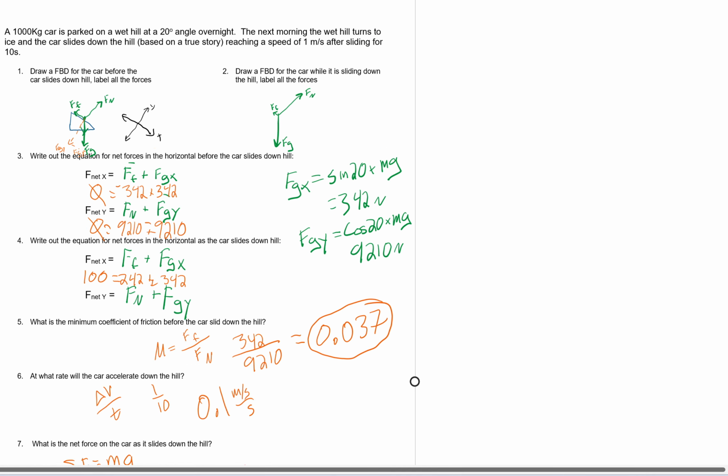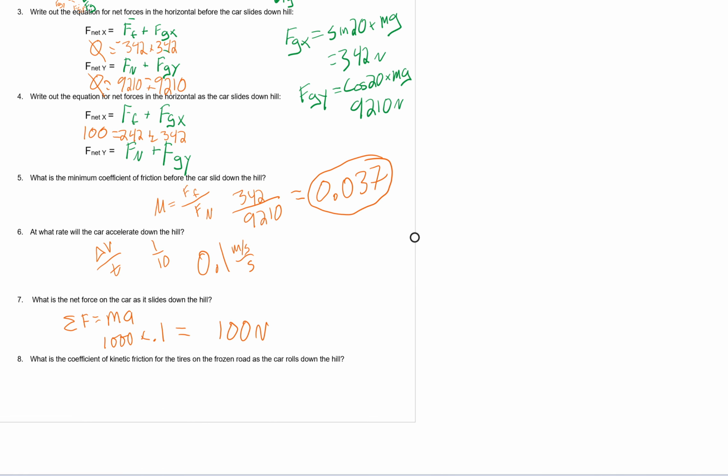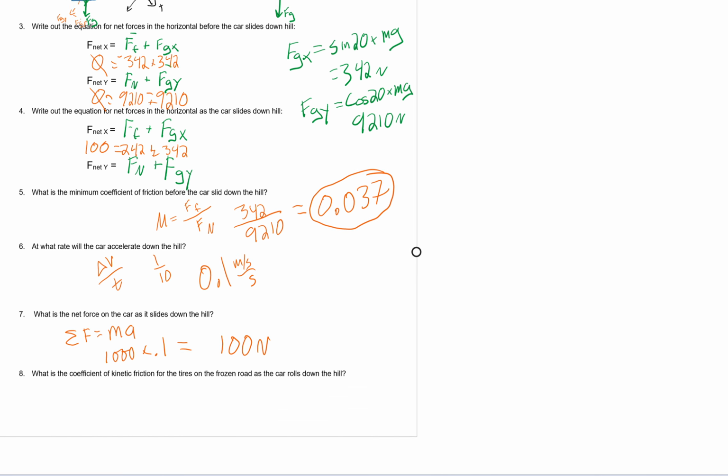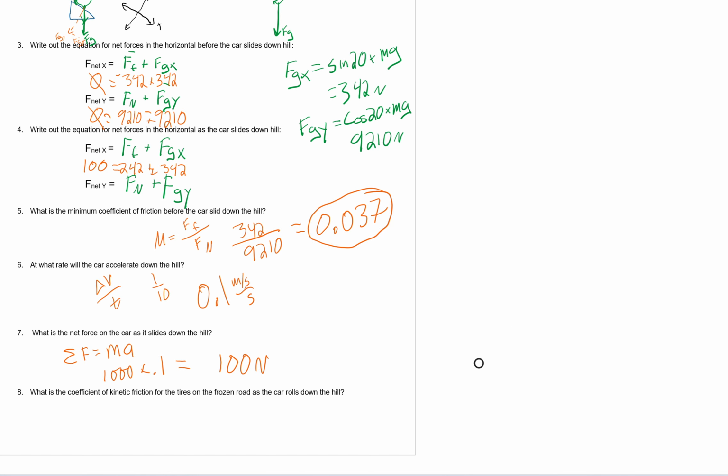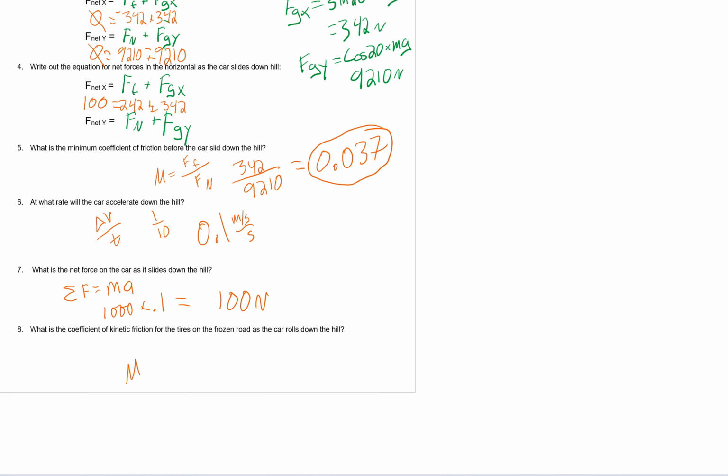Nothing has changed vertically. So now what I can write will be something like force of friction. The coefficient is going to be that force of friction over normal again, but now our force of friction is 242 over the normal force of